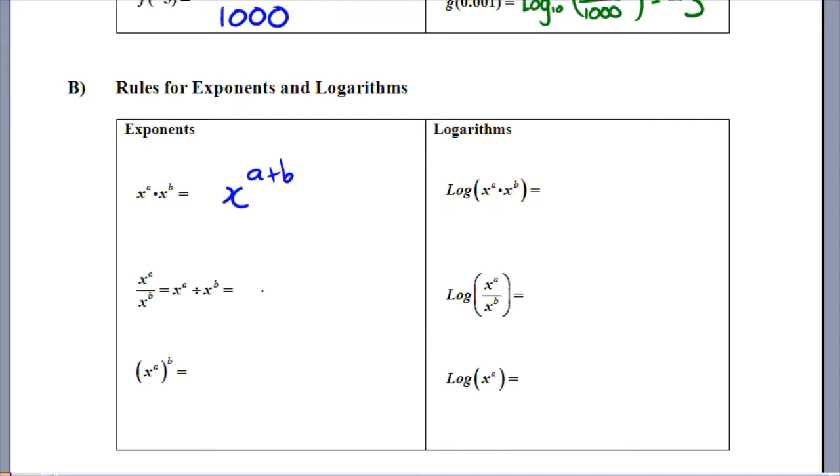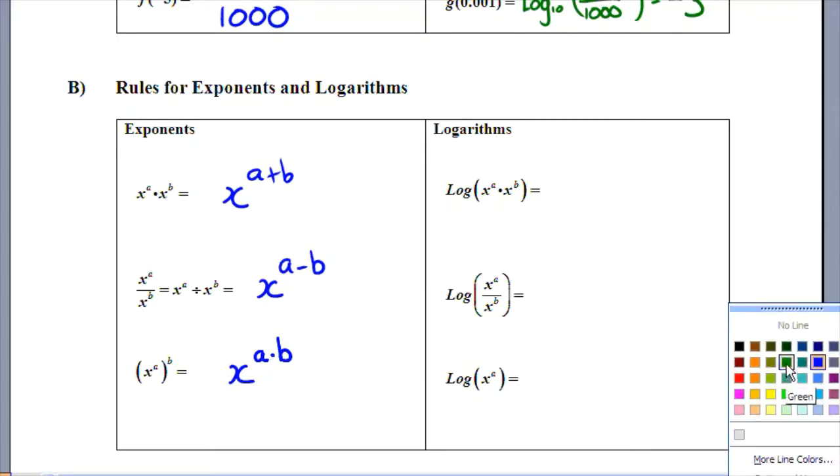If it's dividing, well, that's just the reverse process. That's where you would say, okay, that's x to the a minus b. You just subtract the exponents. Or if you have exponents stacked up on a power, then you can say, let's just multiply those two exponents together. And logarithms, being the reverse process of exponentials, have the exact same log rules, but just written